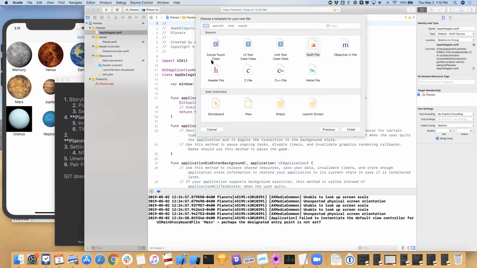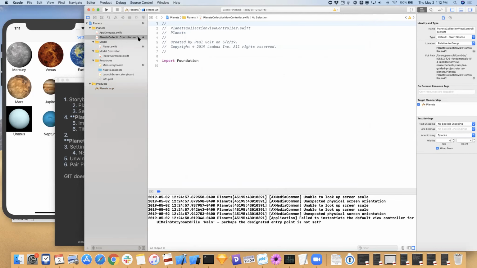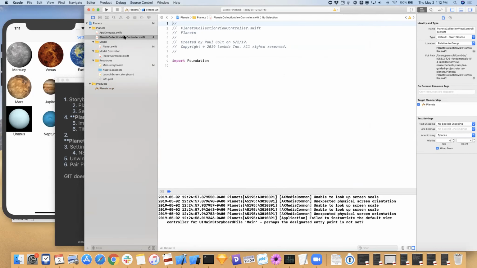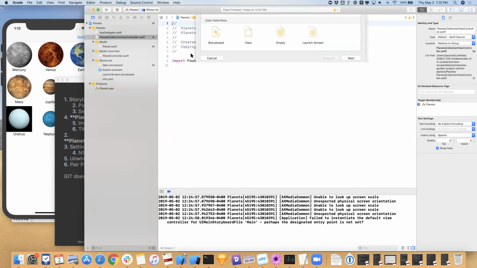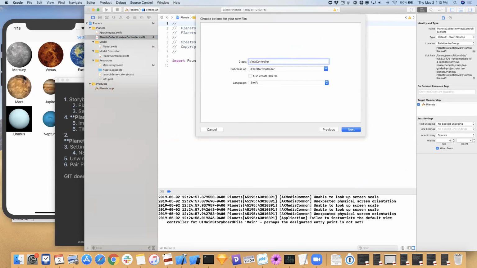Okay, so I'm going to add these two files and I'm going to connect them up. Wait, so we should not do the Cocoa Touch class because I'll do one of each. So I'll do one without, one with. So this one's going to be,